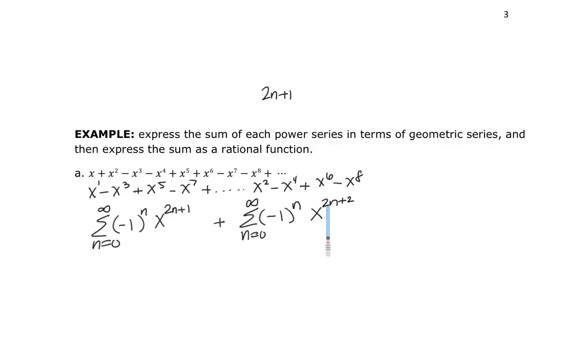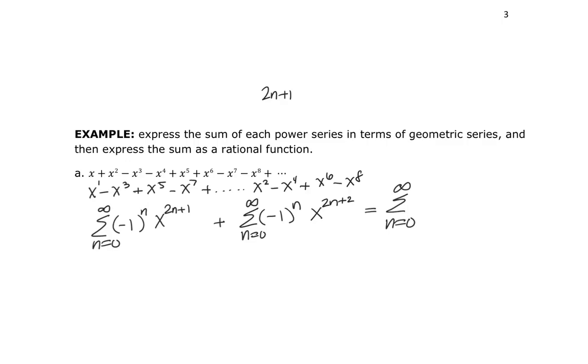So I put in 0, I get 2. I put in 1, I get 4. For n equals 0, I'm going to get x to the 2. If I put in 1, I'm going to get 2 plus 2, which is 4. If I put in 2, I'm going to get 2 times 2, which is 4, plus 2, which is 6. So that works out. Then I can bring this together as a summation of n equals 0 to